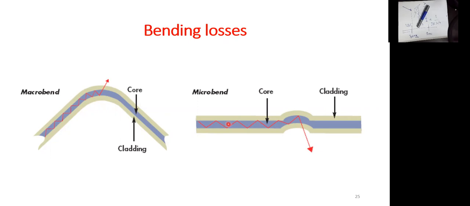Usually the microbend is a fabrication issue. I mean, within the fabrication process of the optical fiber, there is some inhomogeneity or some bending in the core and the cladding, as you can see. This usually can be investigated by testing. Most of the time, this is difficult to recognize by the naked eye, so you have to make some sort of testing and characterization for the optical fiber in order to pick up the region at which